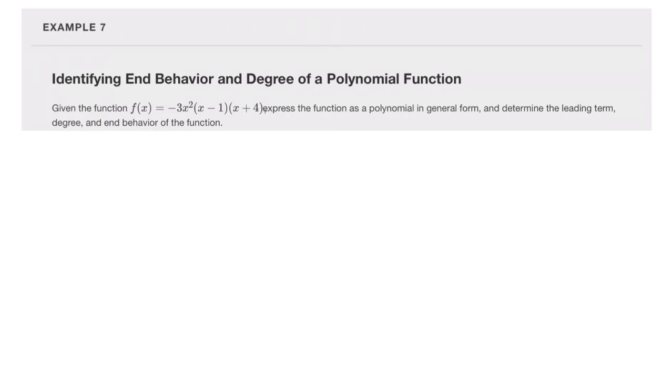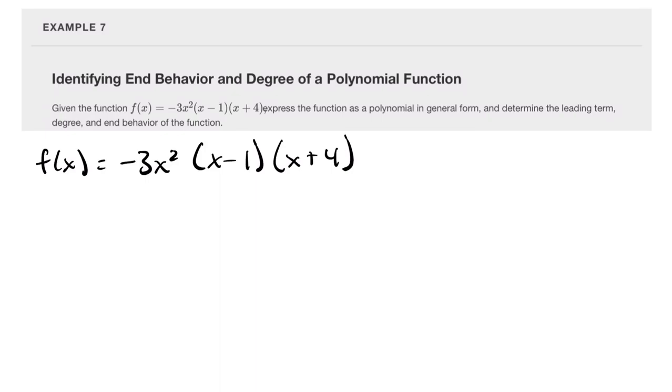So given this function, express the function as a polynomial in general form and determine the leading term, the degree, and the end behavior. Okay, so I think we need to expand this guy. We're given f of x equals negative 3x squared times x minus 1 times x plus 4, right? So then this is going to be the same as negative 3x squared if we FOIL, x squared plus 3x minus 4. 4 minus 1 is 3. And then if we distribute,